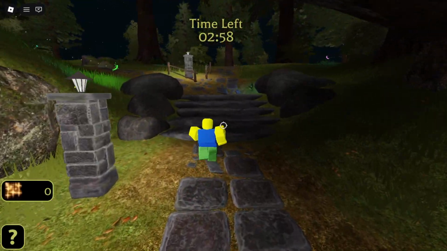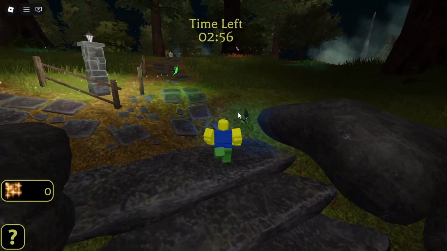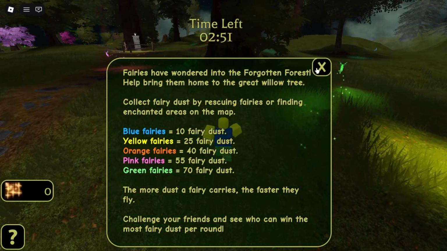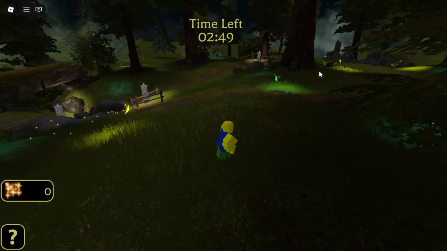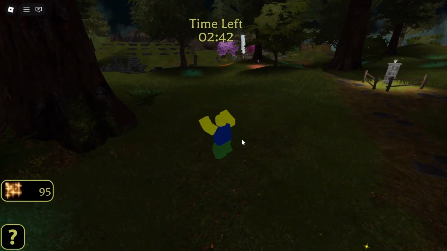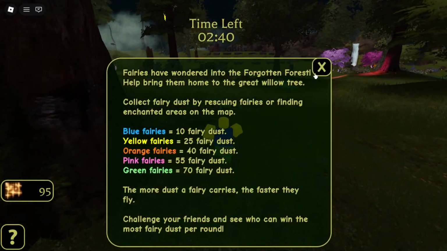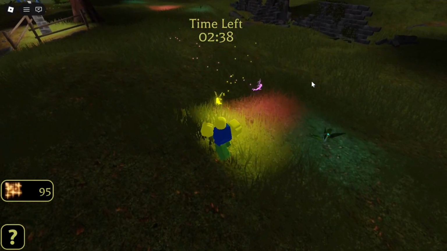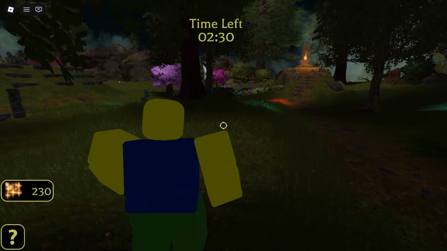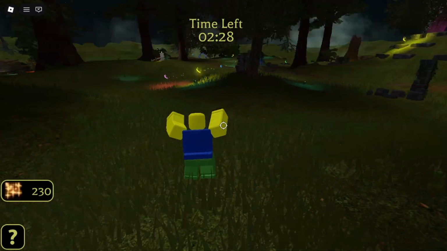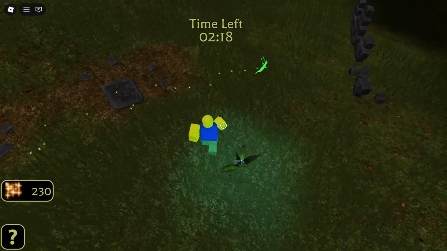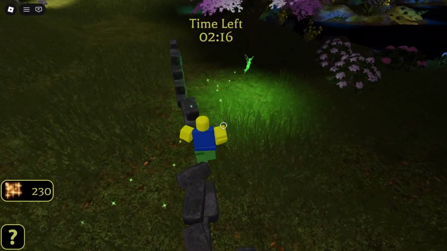Oh, hey, come here. God, you guys are fast as hell. Okay, I need the blue fairy. This is such a weird game. Actually, I got a green one off rip. Come here. I don't know why we're doing this. They're lost. Okay, let me get to where all of them are. Come here. God damn it.